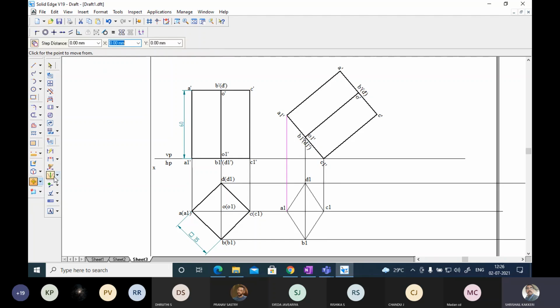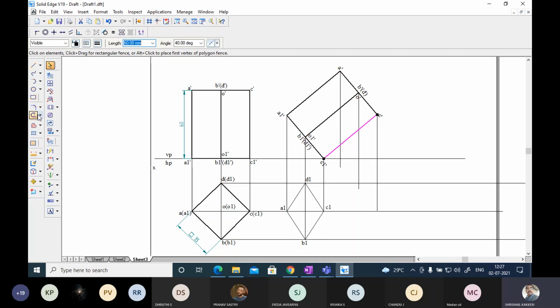From A, B, C, all these. Okay, from A, from B, from C and D. Okay, let me draw all these lines. Let me extend them. Okay, see, from A, it has to come up to here. It has come up to here. Point A. Let me write it as point A.